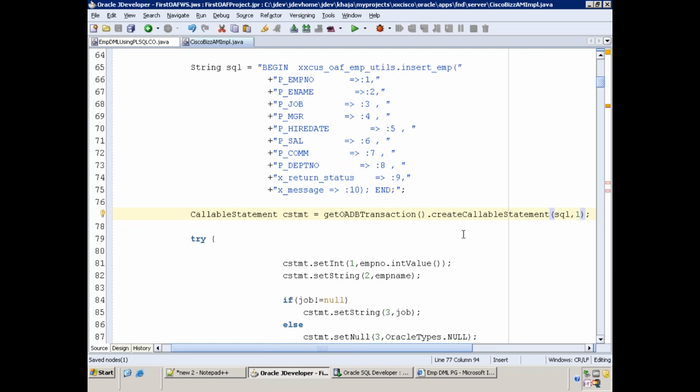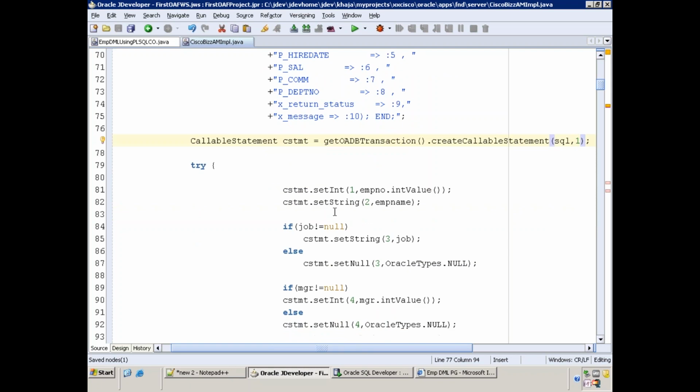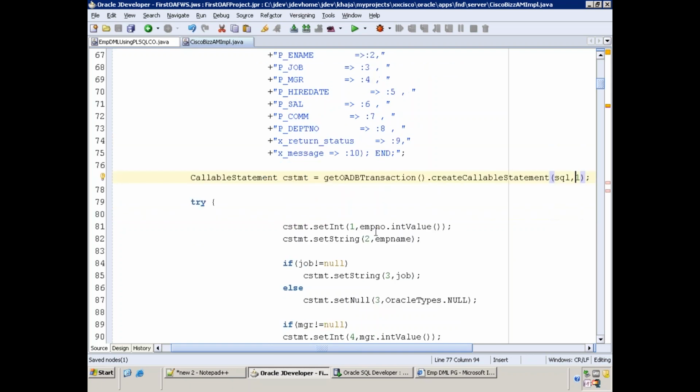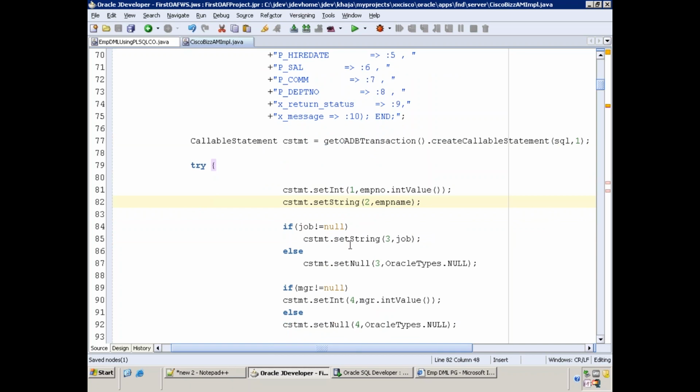Right? Okay. And after that, we have to set each and every value. Nothing but you have to bind it, right? When you're calling the API, we just mentioned the binding parameter, but we have to pass the values also. So if it is an integer, we have to pass set int. If it's a string, we have to set the string. But if you are passing the null value, check out whether it is null or not. Based on that, you can pass the null value also. Because in Java, null is different as well as single quotes is different, right?